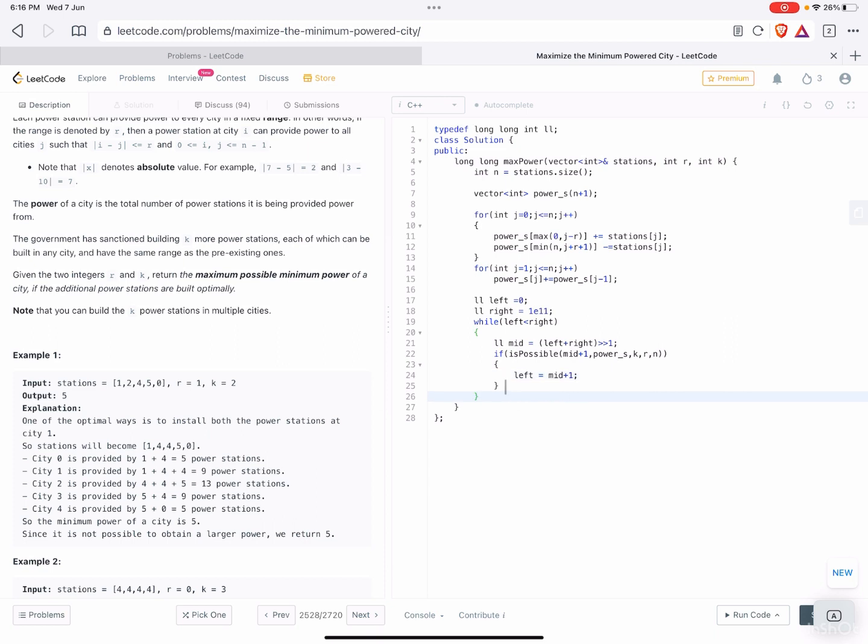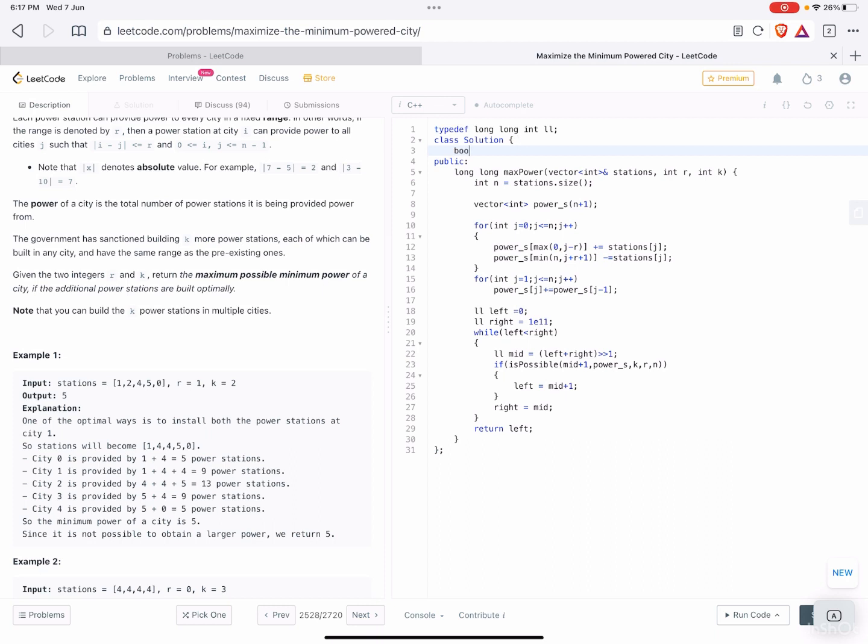And if it is not the case, then right will be equal to mid. And finally we can return left. So this should work, and we just have to write the isPossible function.